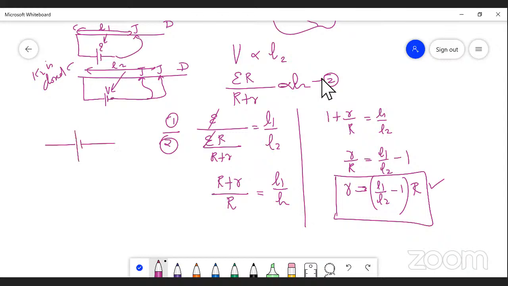Once again, I would like to explain this. EMF of the cell, internal resistance r is there. As there is no flow of current taking place from the cell, there will be no voltage drop across the internal resistance of the cell. However, when an external resistance is connected,